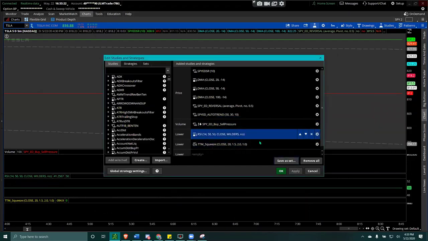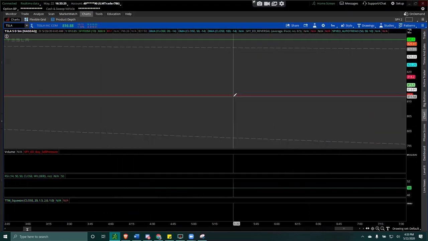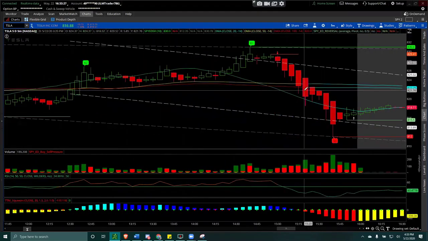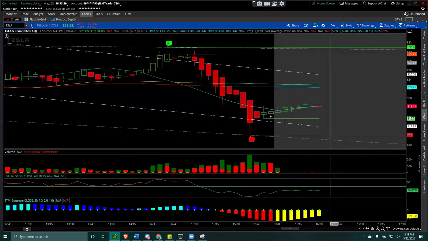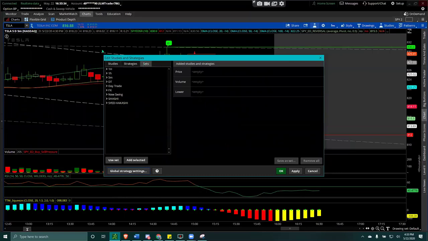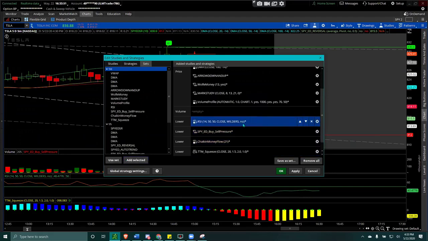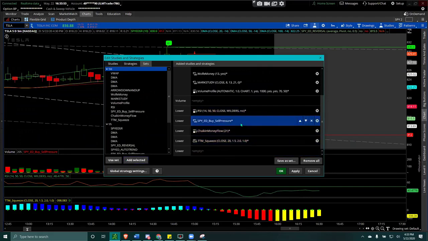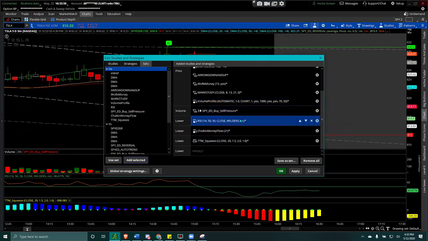So when you have this, you could say okay, and then go into a different time frame when you're ready. You could load up whichever you want. You could come here and say remove all and then set. You see how I set the set to 1 hour. These are the settings I have here, and then this one I just showed you. So I'll load this one, save it, and add. Then I just have to take the volume, buy and sell pressure, put it back into the volume set, and apply.